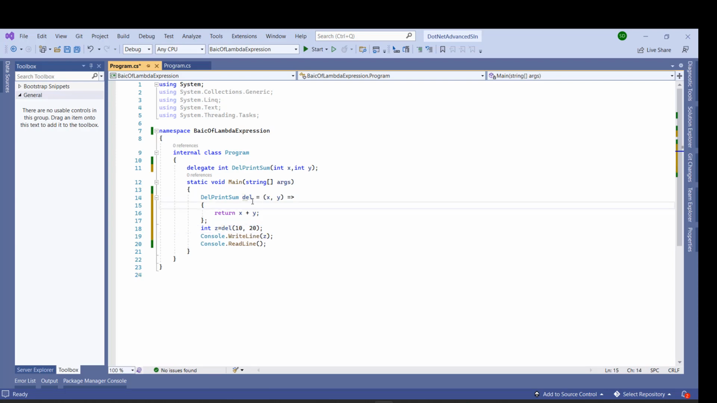Okay, so here this is one lambda expression taking two parameters. This parameter type will be automatically derived from this delegate. As this delegate has two input parameters, we need to declare two input parameters here. The type of these input parameters will be derived from the delegate, and the return type is also derived from the delegate. Say, for example, if we want to return a string from here,